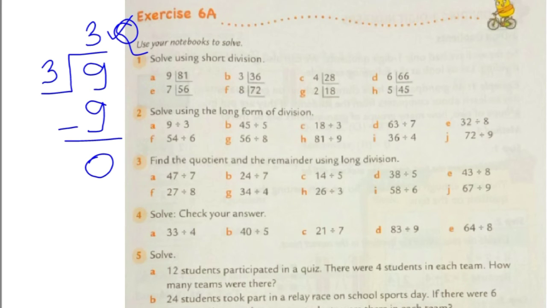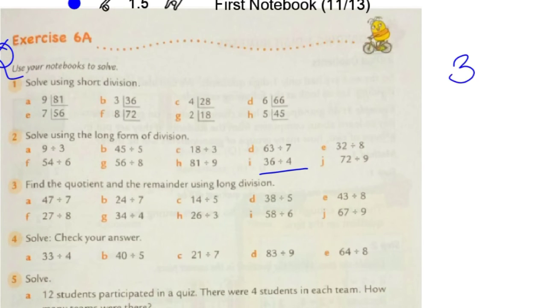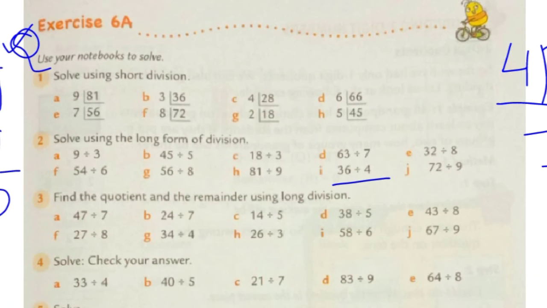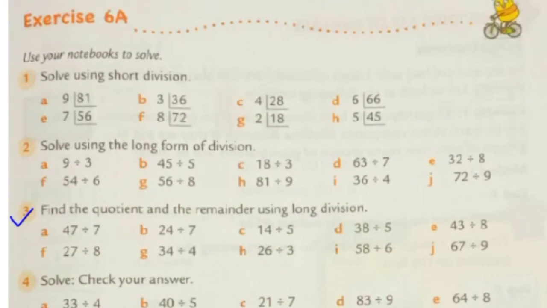Now let's solve some more questions. This one. Okay, 36 divided by 4. Let's make the column like this. Now those who know the table of 4, how many times will it come? Yes, 4 nines are 36. Like this we will write and we'll subtract, so it will be 0. Got it? So like this you have to do these questions, and I'll give you a few questions of this exercise in the PDF. Okay, you can find them there.